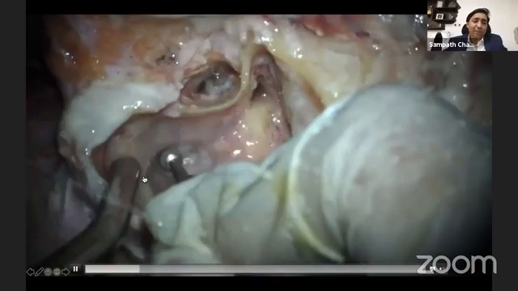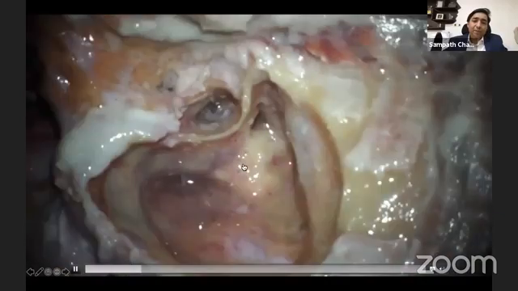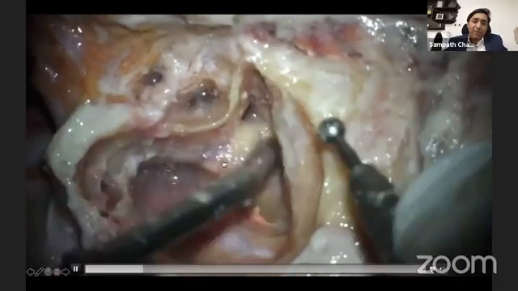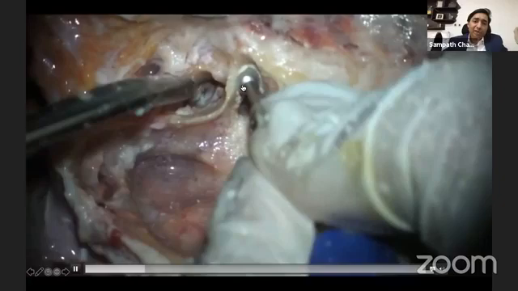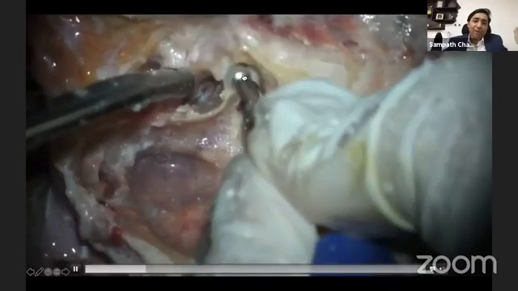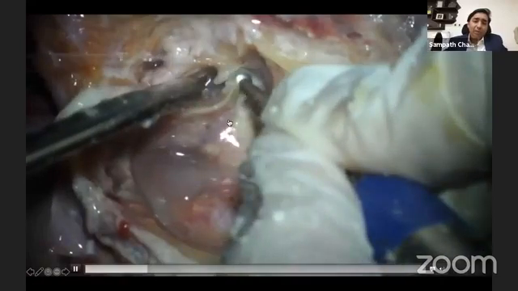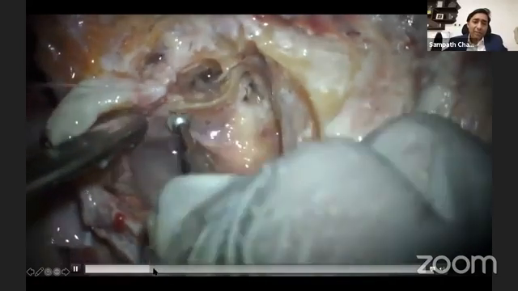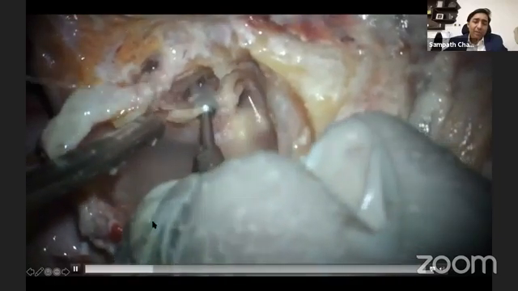So I get a few landmarks. I see the facial, I get a nice anatomy. The semicircular canals are identified here, lateral canal, posterior canal. The facial nerve is now coming into view. The epitympanotomy is being performed. I do a fairly wide epitympanotomy, even in normal circumstances mostly. And now I'm removing the posterior canal wall. So the whole thing, okay, let's go through this. Nothing great about this. I know where my facial is, so I'm confidently drilling above the facial.